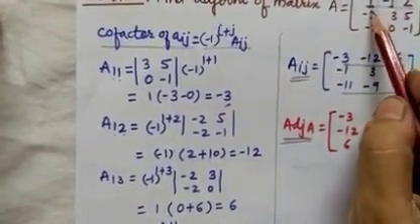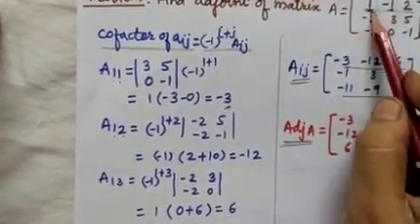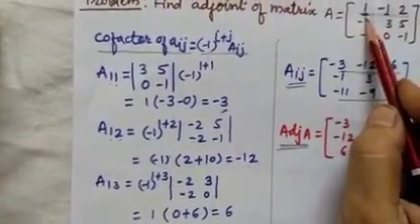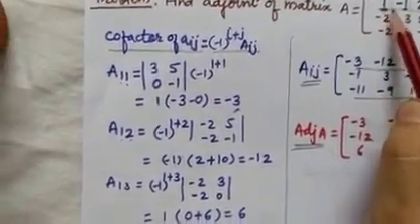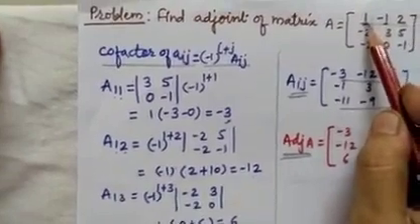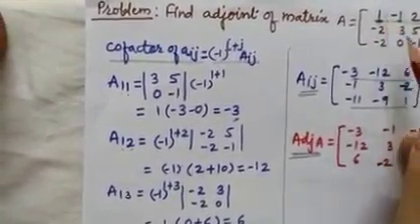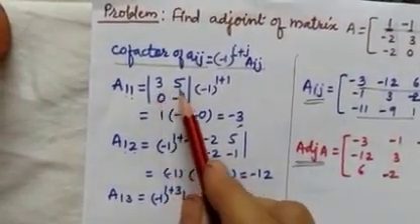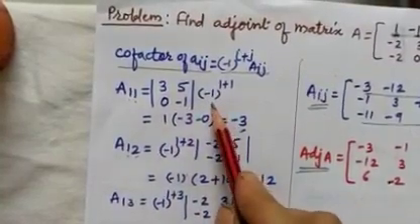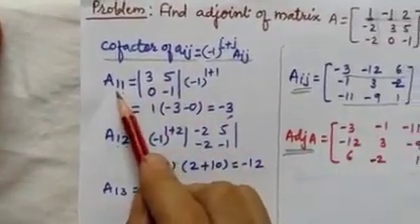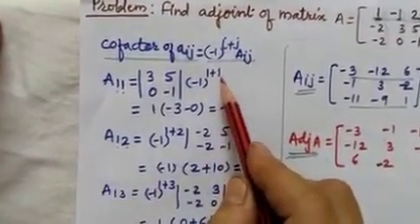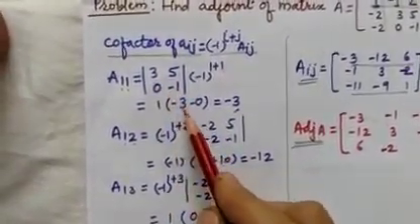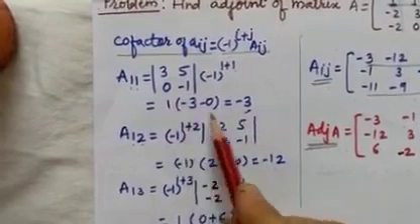A11, you know very well, this is the element having position A11. We want to find out the cofactor of this element. To find the cofactor, we just strike off this row and this column element. What are the elements remaining? 3, 5, 0, -1. Same you can see here, 3, 5, 0, -1, and (-1) raised to i plus j, where i plus j means 1 plus 1. So after solving this determinant, you can see 3 into -1 is -3, 0 into 5 is 0. Therefore it is -3.